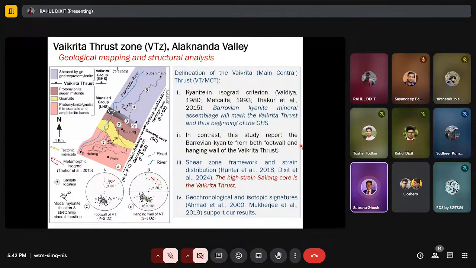You have a lot of data; those are very valuable things. But considering the large-scale structural framework, considering these individual discontinuities as separate thrusts would be rather difficult to reconcile in a large-scale context. That is one thing. The other